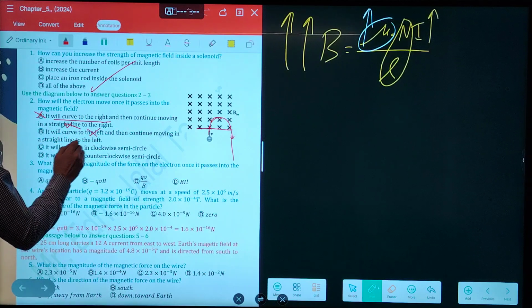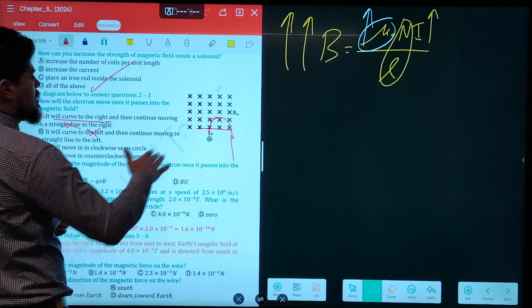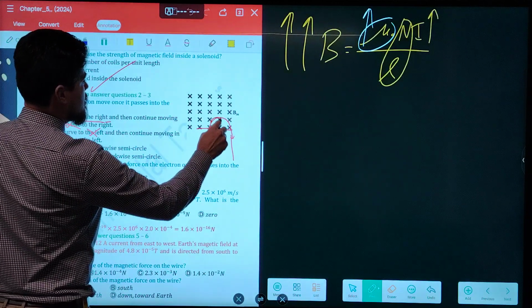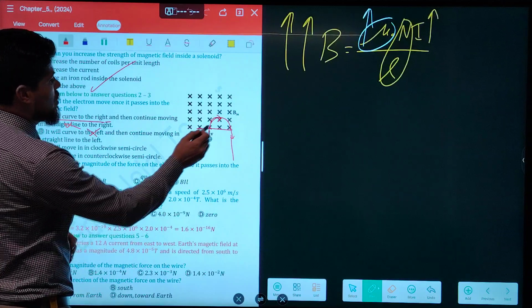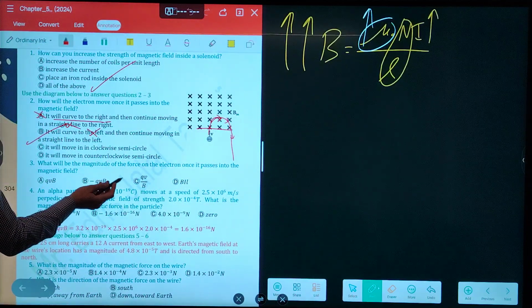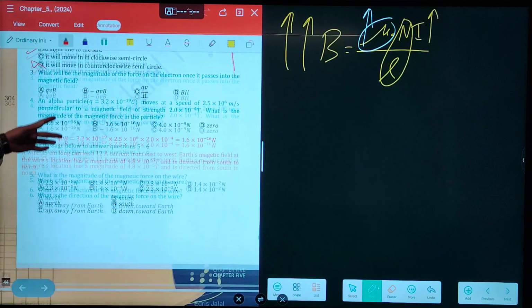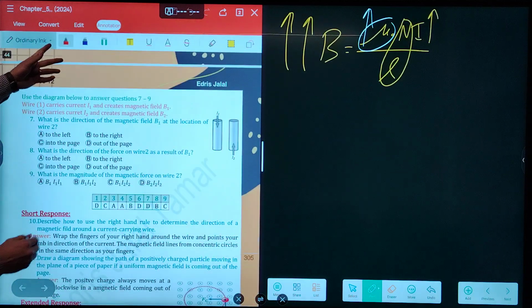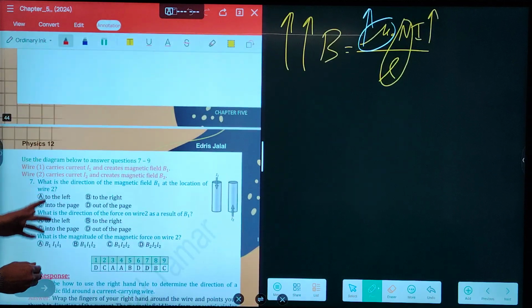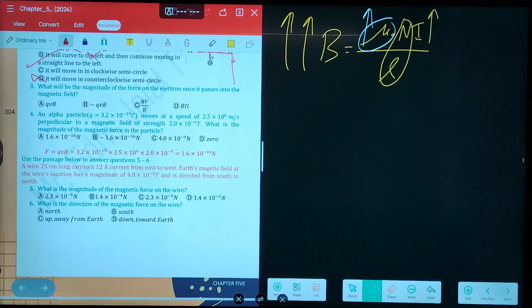It will curve to the left? No. It will move in a clockwise semicircle. Is this clockwise or counterclockwise? This is clockwise. Clockwise semicircle, yes. Counterclockwise? No. The correct answer is C. Question 2, C is correct. Question 3, what will be the magnitude of the force on the electron once it passes